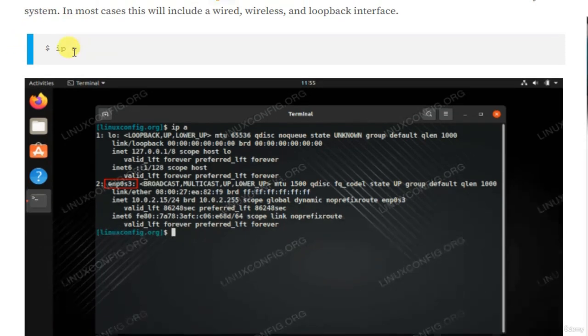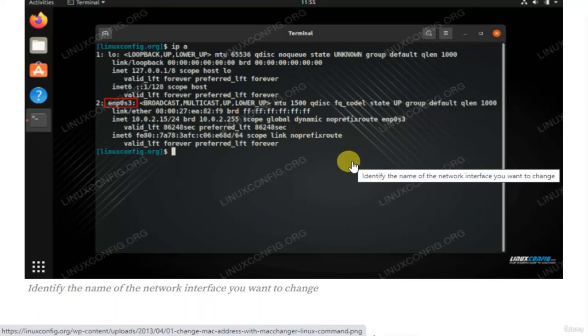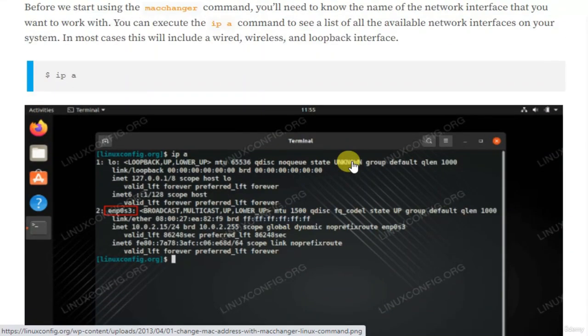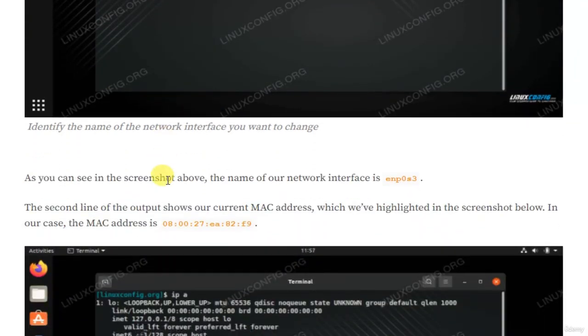Install Macchanger on major Linux distros. To install Macchanger on Ubuntu, Debian and Linux Mint, the command is sudo apt install macchanger. To install Macchanger on CentOS, Fedora, Alma Linux, and Red Hat,